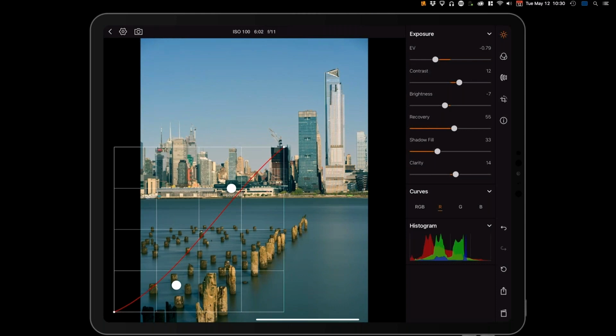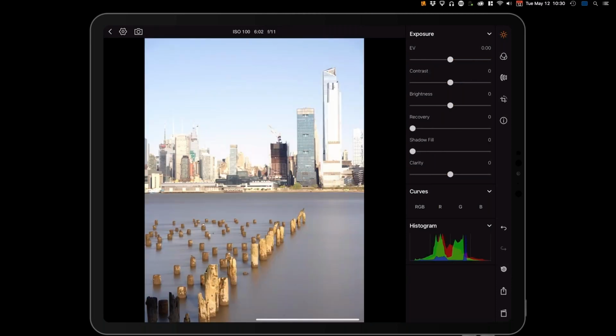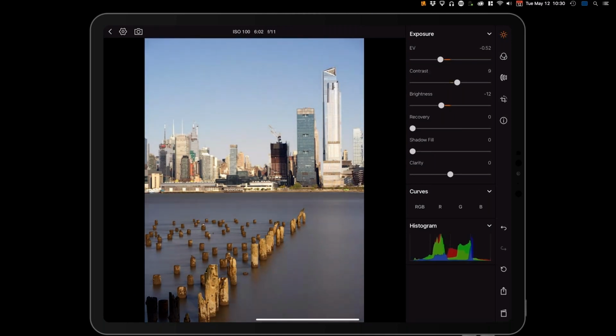Now, if at any point in time you want to step it back, you have 2 tools that help you with that. The first is a 1-step undo, so let's undo that there. And likewise, you can go full reset on the image down here with the circular undo button, which brings the image back to original import status. So in this case, we'll just do a little contrast, bring down the brightness, bring back the shadows a little bit. And again, GoToWebinar compresses the image down, so you're seeing significantly more contrast on the live broadcast than you are on the actual.